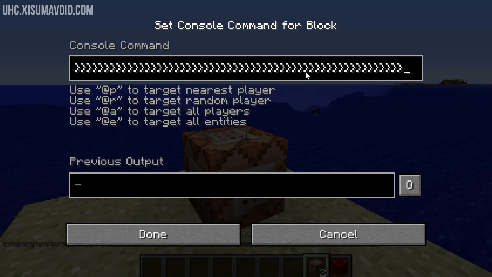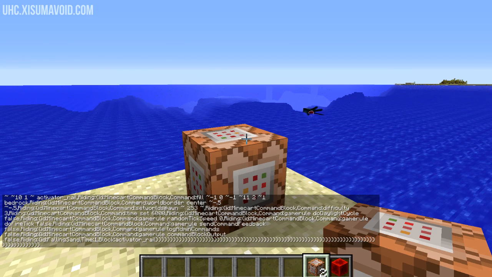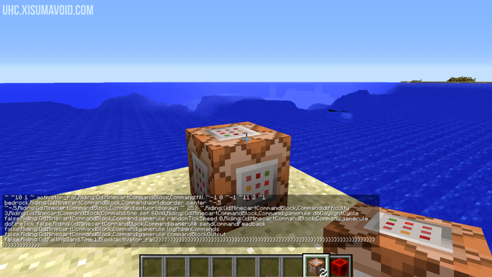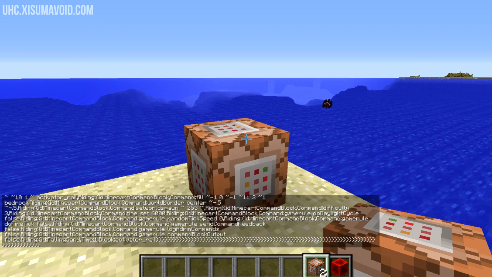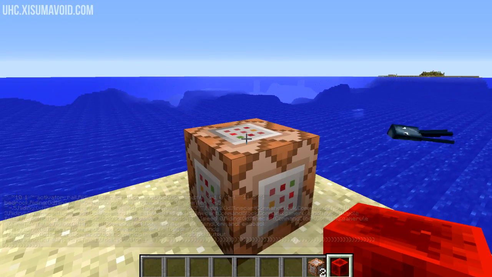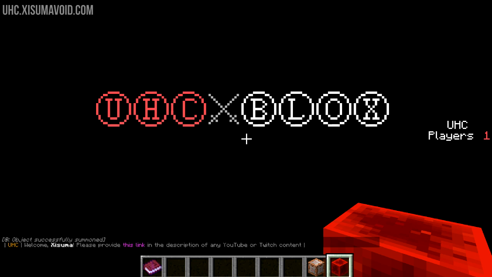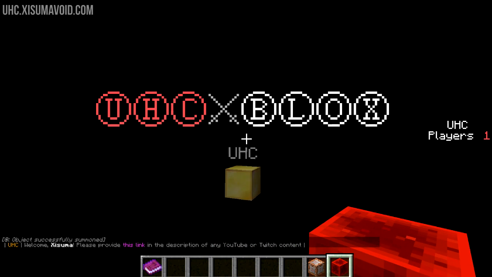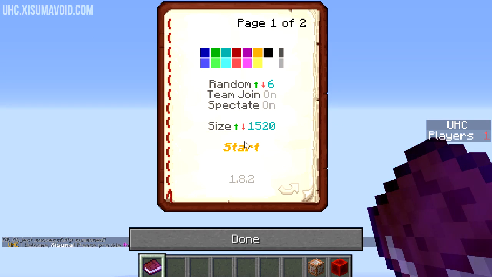You'll see a load of brackets like this. We're not even going to talk about what all of that does because it's a load of command block wizardry, but obviously it sets up the UHC blocks. So once you've done that, you'll see the confirm message in chat, and then what you need to do is place the redstone block on top of this. So hold down shift, right click, and then you can see that the UHC blocks has successfully been installed. We got the book with all of the basic functions and you're now ready to play UHC,